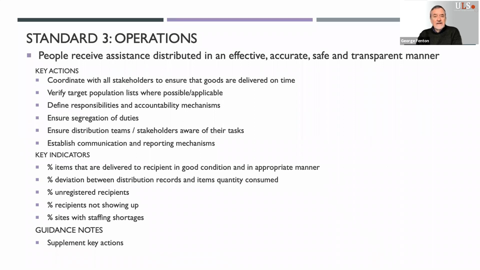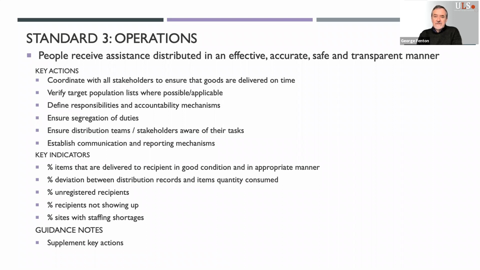Ensure among participating agencies, service providers, and community groups, again, that there is a good understanding of responsibilities. Ensure segregation of duties, of course, between teams identifying needs, teams distributing the goods, and teams verifying the distributions, so as to avoid one person or team participating in more than one of these duties.